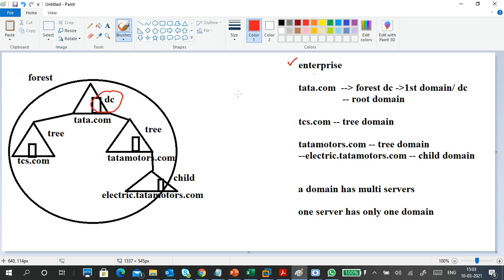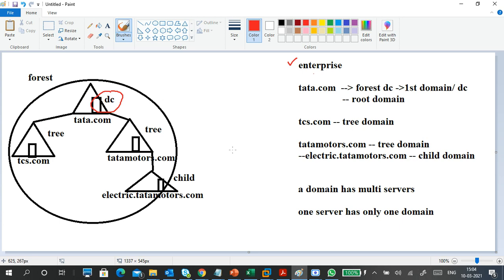Enterprise administrator means he has whole rights on all the domains and domain users, computers, and their resources. Yes, all rights. It's full domain control, a full powerful person like a prime minister. Like a prime minister only. Like